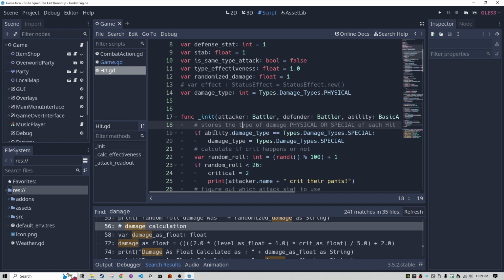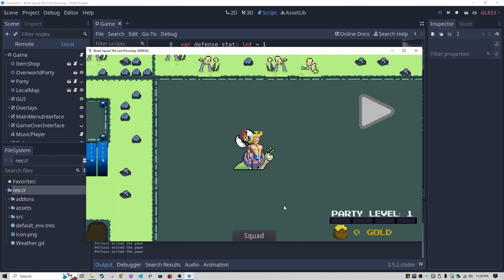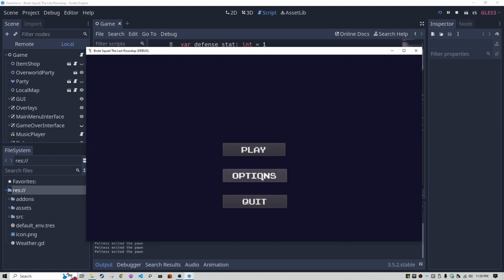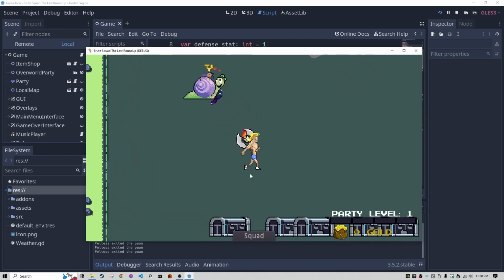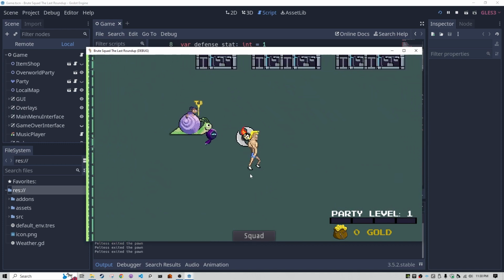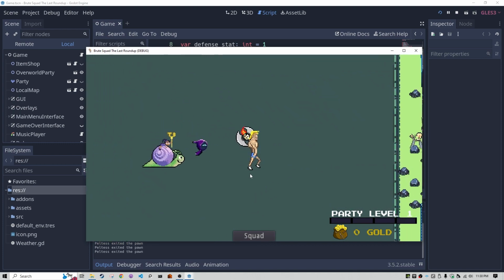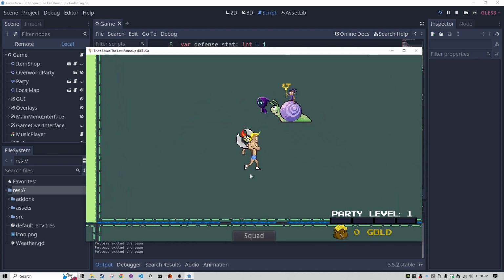Because the great thing about this is, we'll fire up the game just to show this in context, but it doesn't matter which 2 abilities are going against each other. That same function is used to calculate damage. And all we're doing to change the behavior of the function is